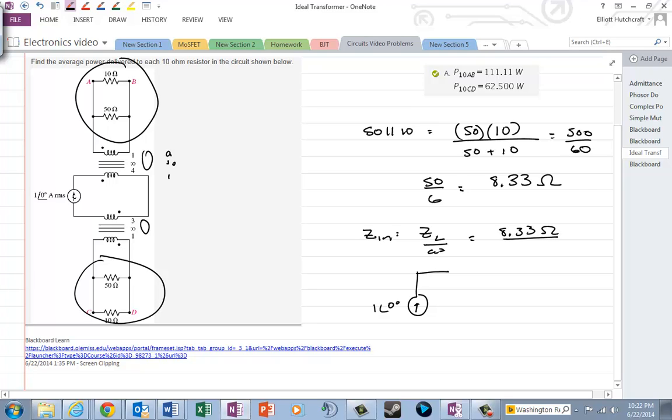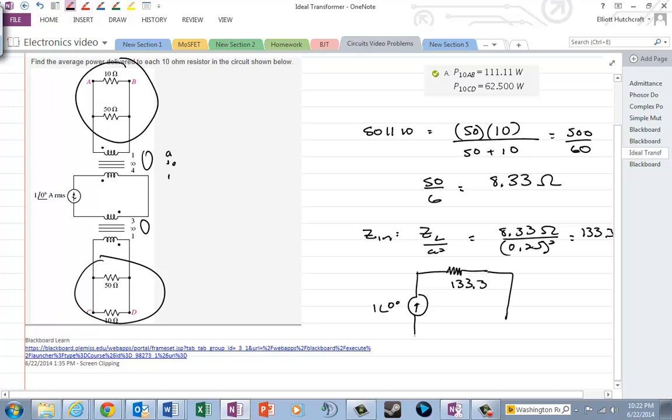Well, A is 1 divided by 4, so 0.25 squared. So this is 133.3 ohms on the top side,